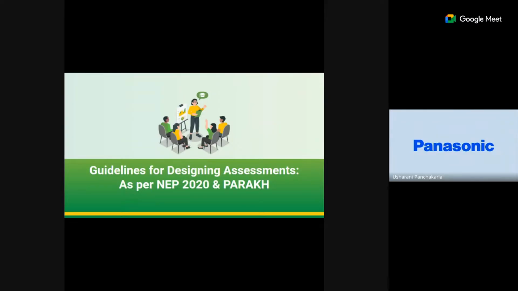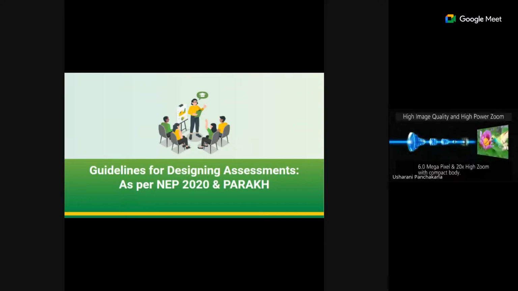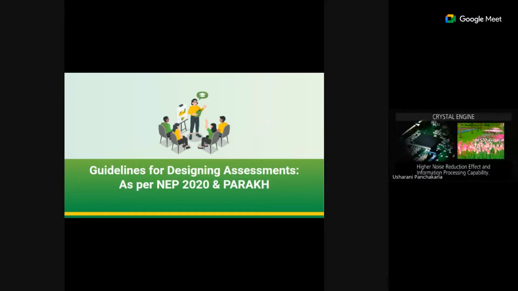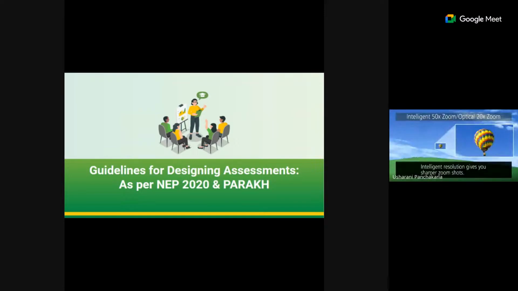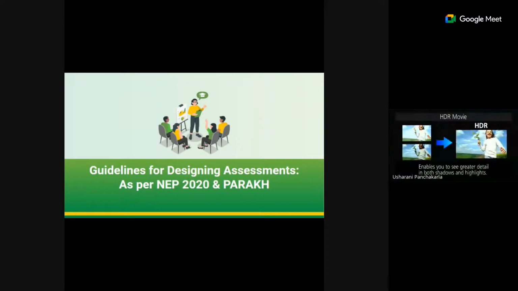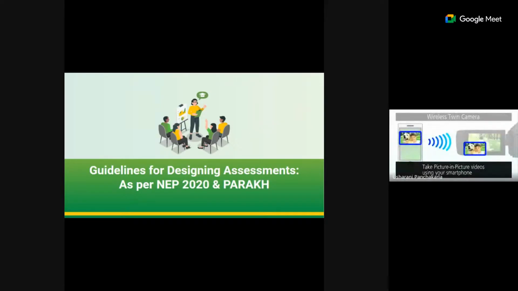No, ma'am. Right, this is exactly where PARAKH comes into the picture. Here I'll tell you the catch. India has more than 60 school boards. Each board sets its own paper and marking style. This creates confusion and chaos when comparing students across different boards, either for college admissions, scholarships, or even jobs. So PARAKH's role is to set a common standard, bring equivalence across the boards, and ensure that every student's marks reflect their comparable level of competency.